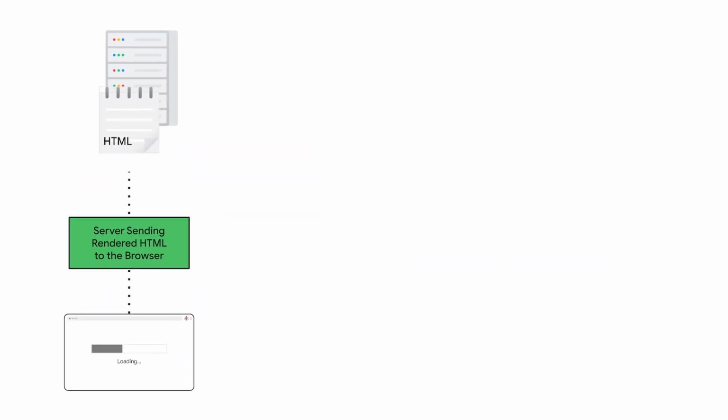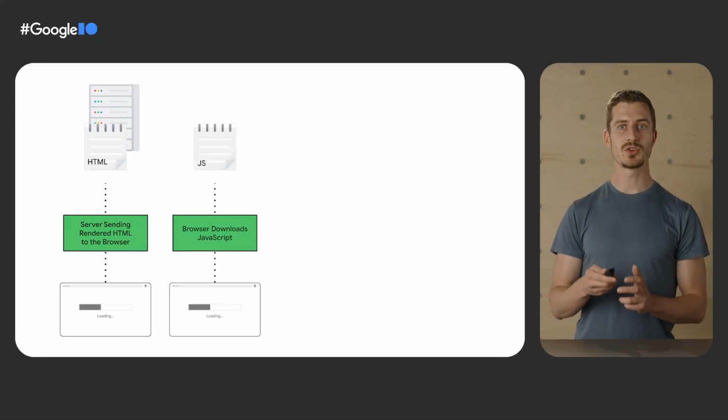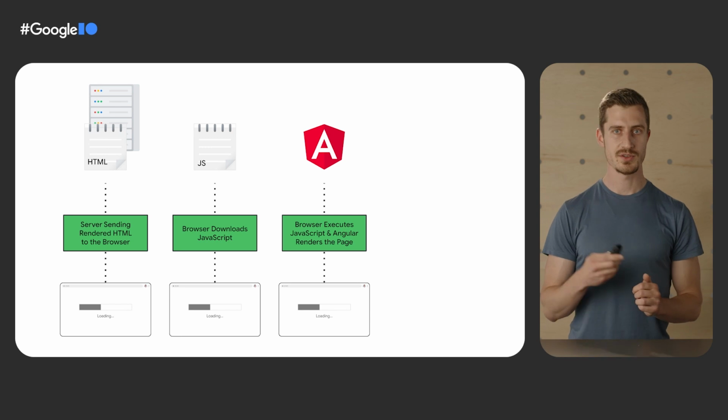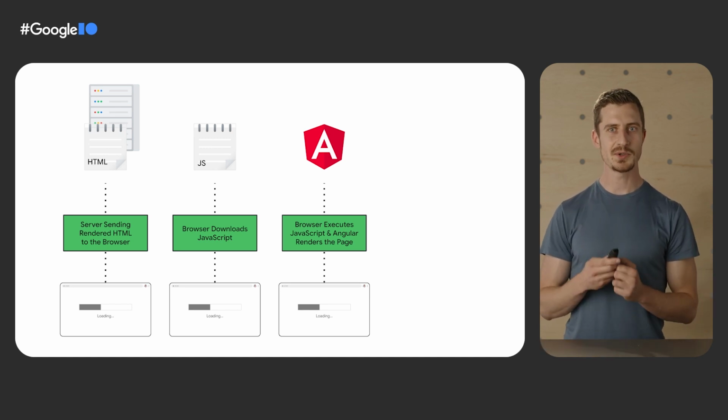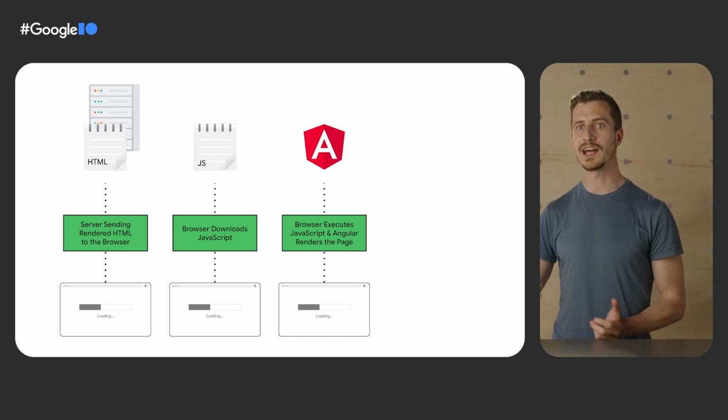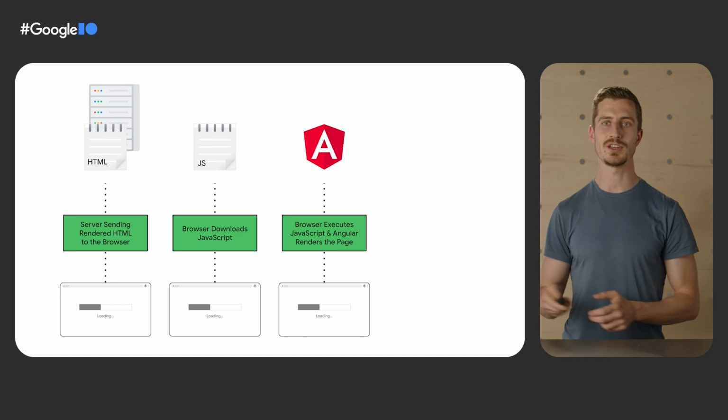Let us track step by step the sequence of events when the user opens the application. Once they enter the URL, their browser will send a request to Firebase hosting and download the index.html. That is the page for the application. The browser will render the HTML and show a progress bar. Next, the browser will download all the reference JavaScript within index.html. Next, the browser will execute the JavaScript. Notice that at this point, the user still sees only a progress bar. Until the rendering completes, the page will not be too useful. At this step, Angular will take over and render the user interface, making the page useful and interactive.